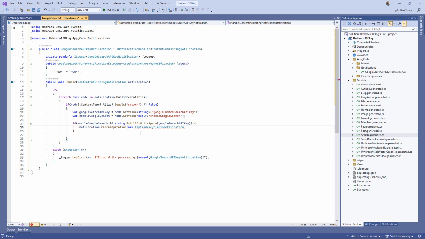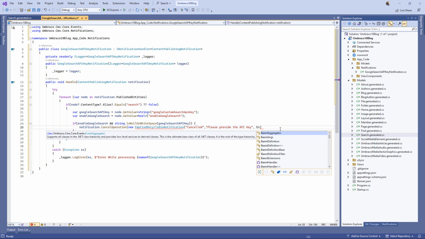For that event message, I can give the title, so cancelled, and the body for that message will be please provide the API key, and so we cancelled it, but we have to set